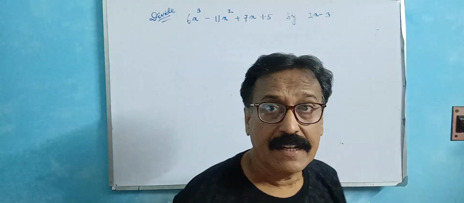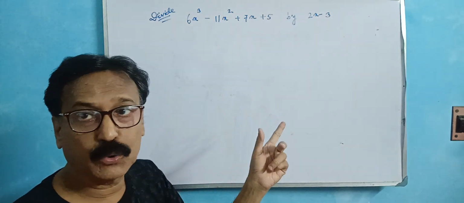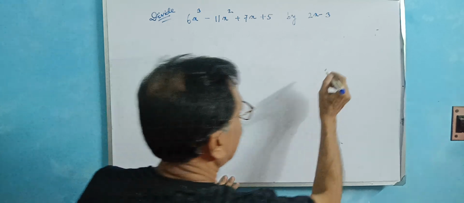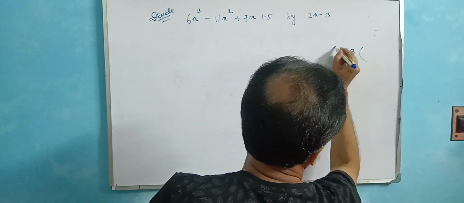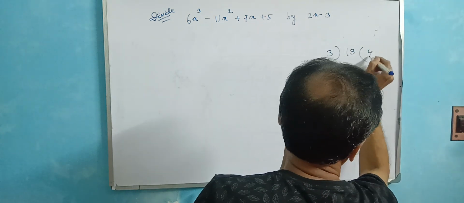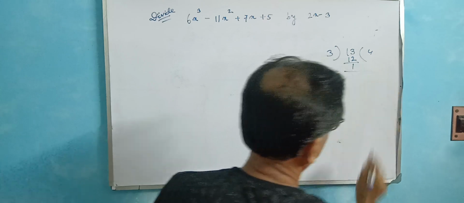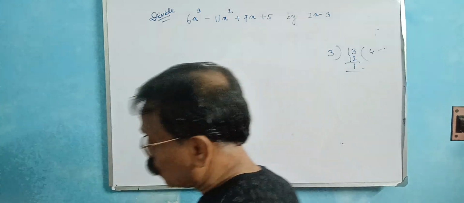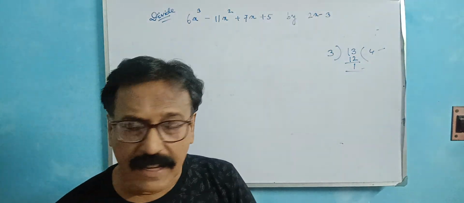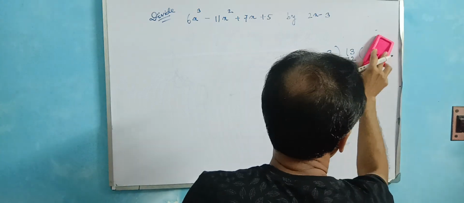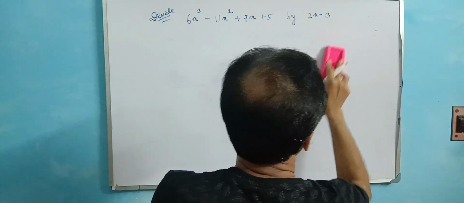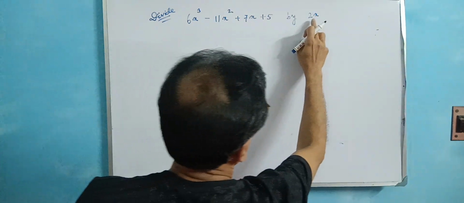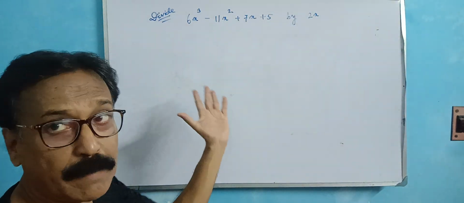In this case, it is not solved by the previous way. You just use the normal division process. Suppose here is 13. You just divide by 3. 3 4s are 12, remainder 1. So this is the quotient, and this is the remainder. In this way you solve it. If there is more than one term in the divisor, it is done this way. If this was single, this divided by 2x, I would just solve it the previous way.